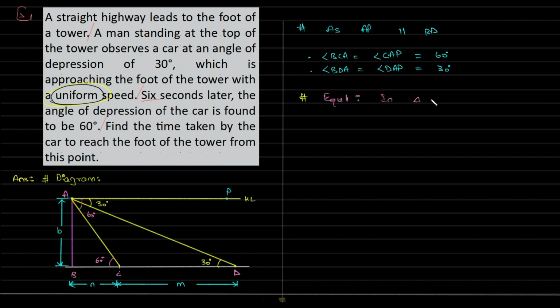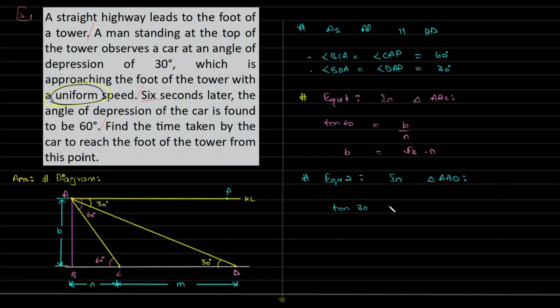In triangle ABC, tan of 60 is opposite by adjacent. So this is root 3. So B is equal to root 3 into N, right? So next is equation 2. In triangle ABD,